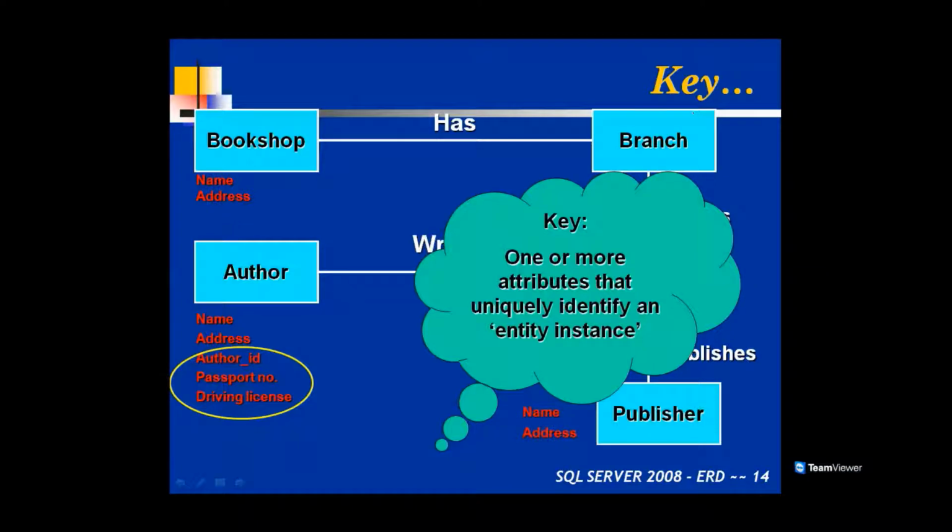Thank you. So you have author ID, passport number, and DL number. All these three are called candidate keys. Out of the candidate keys, you have to choose one key as the primary key. The remaining keys would be alternate keys for you. That means author ID would be the primary key here, and passport number, driving license number, cell phone number, and Aadhaar card number are called alternate keys. In your example, as a student, you will have a student ID, and you will have a passport number, DL number, and social security number. All these are called alternate keys.